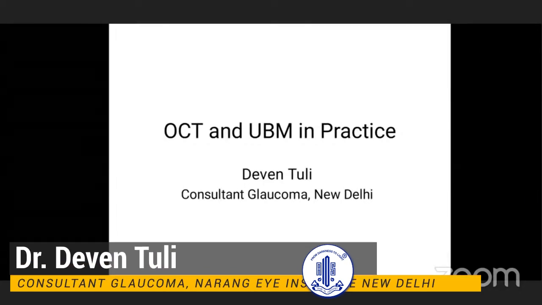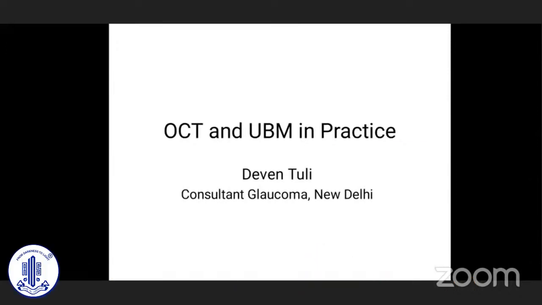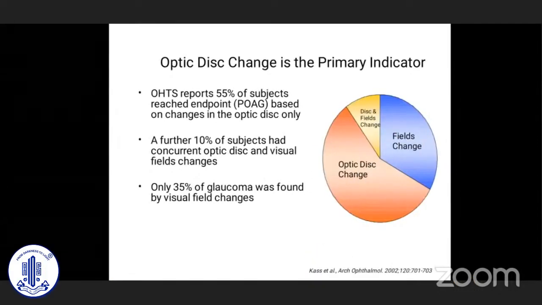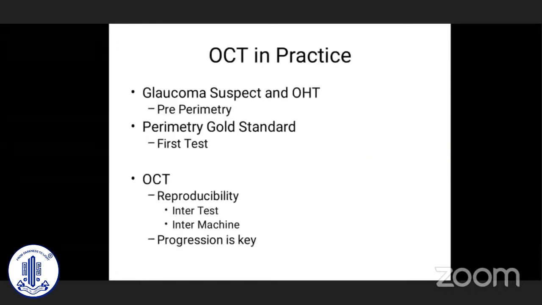So I've been given the task of discussing OCT and UBM in practice. Moving straight away to this, OCT in practice is not very old. I think it came into vogue following the OCT ancillary study, which was published in 2002, but it got popularity in practice about 3 to 4 years later in India. So we are just using it for the last 15 odd years. It was this study which showed that structure has immense importance in glaucoma suspects and ocular hypertension, because tools like the OCT can pick up what is known as pre-perimetric glaucoma a number of years before the first defects appear